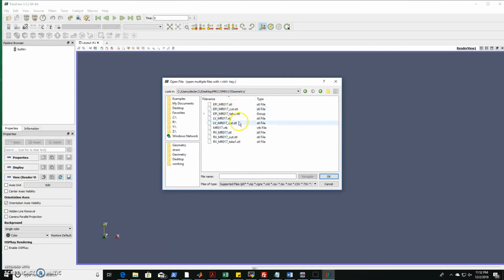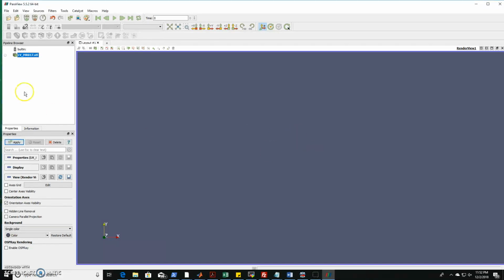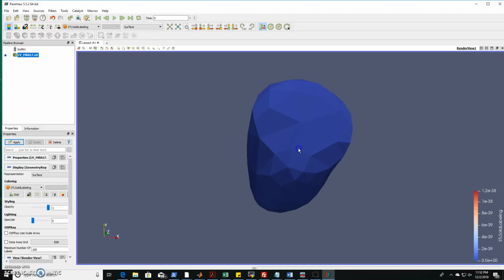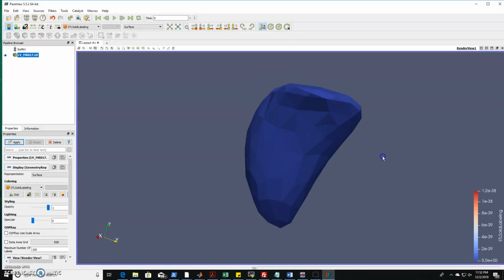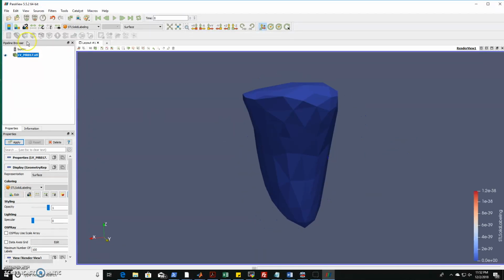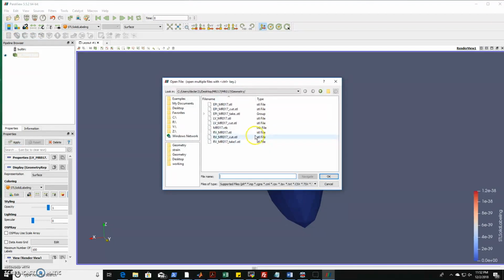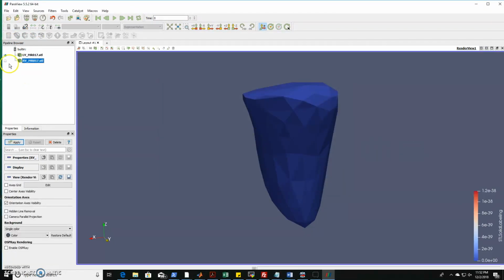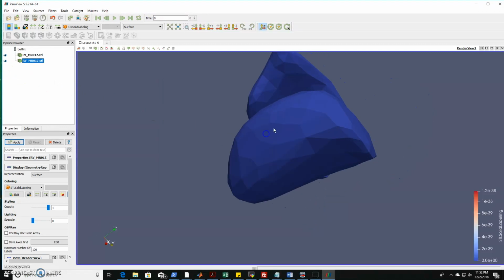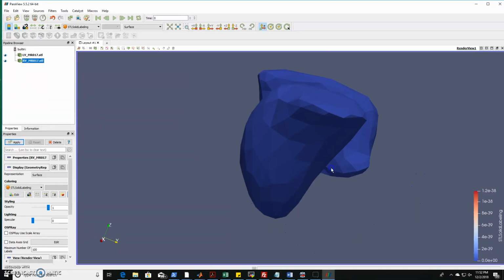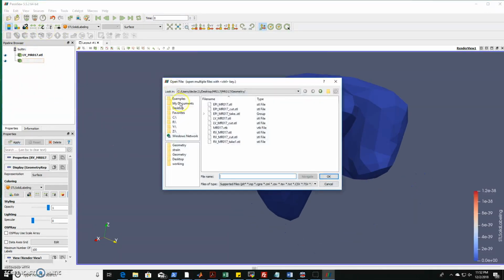So if we open up the LV, when you open a file up, it'll show up over here in this pipeline browser, and then all you have to do is hit that little button right next to it to be able to visualize it, and you can see our 3D left ventricle. So we'll go over and open the right ventricle as well. Again, same deal, hit the little eye, and you can see both of them together. And you can actually project the epicardium on top of both of those